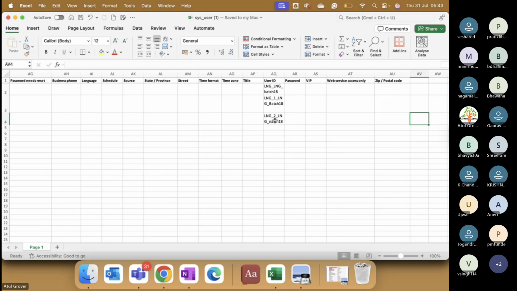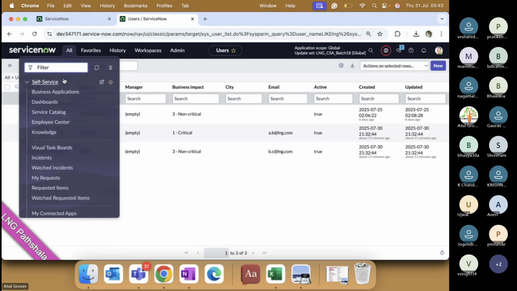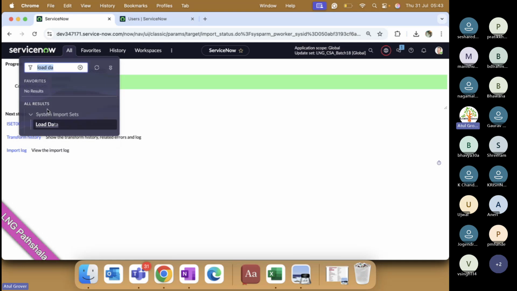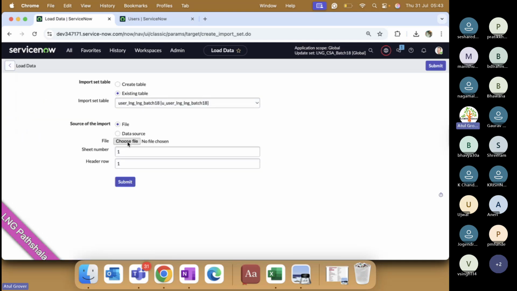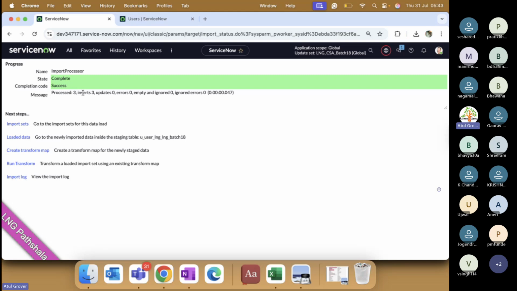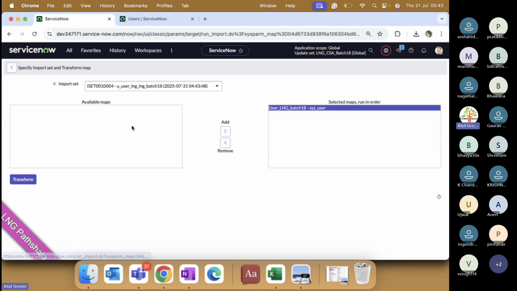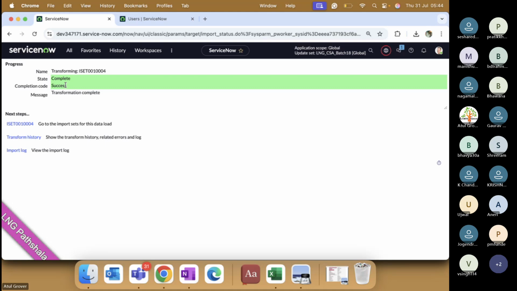ये नया है, go back here, go here, load data, same table है, choose file, this, submit, 3300000, run transform, 4 table LNG user, transform. सक्सेस हो गया, सक्सेस।